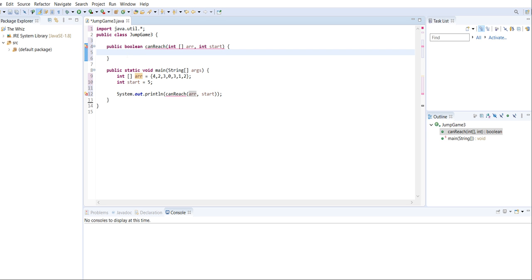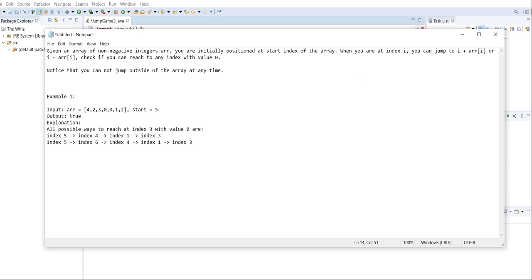In order to do this successfully, we're going to use a recursive method. This is because at any index in the array, there's 3 scenarios. The first scenario is that we're successful, we're at index 0. The second scenario is that we've already been to that index. And if we've already been to the index again, that means we haven't found a 0, so we have to return false there. And then the third scenario will just go to the next index. So we can go up to here, or we can go down to here. And then we can do that in a recursive manner so that we don't have to write a huge lengthy